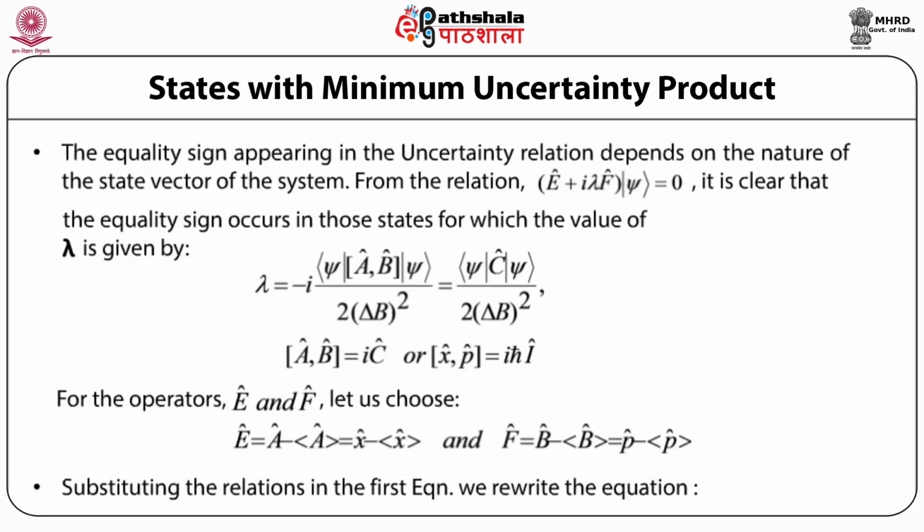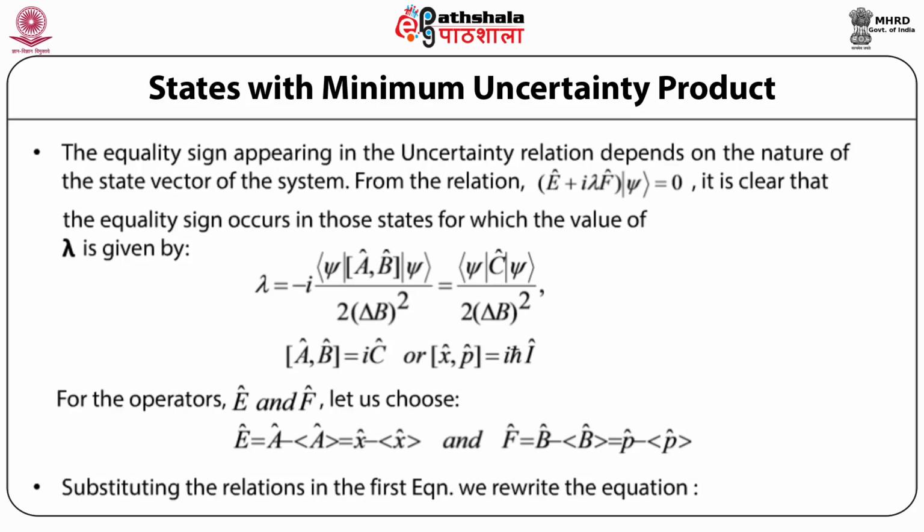From the relation bracket open operator E plus iota times lambda times operator F bracket close acting on the state vector psi is equal to 0, it is clear that the equality sign occurs in those states for which the value of lambda is given by lambda is equal to minus iota times the expectation value of the commutator of operator A and operator B in state psi upon twice delta B square, and this is equal to the expectation value of the operator C in the state psi upon twice delta B square,